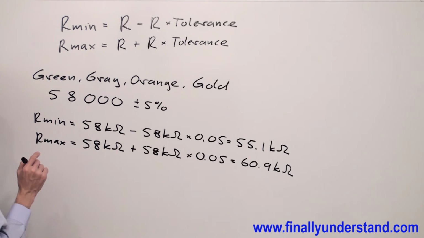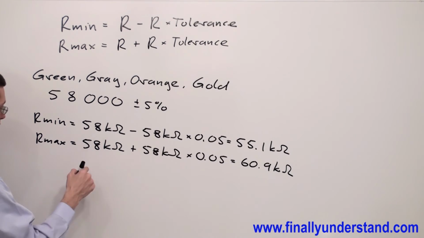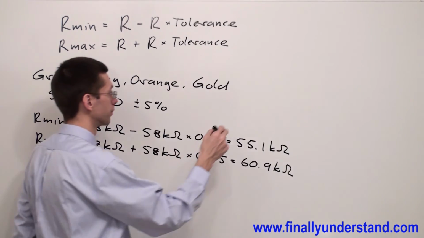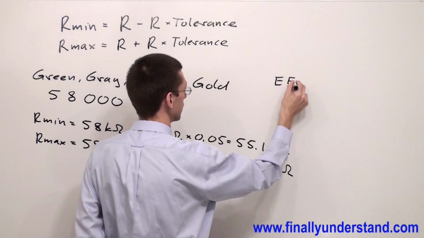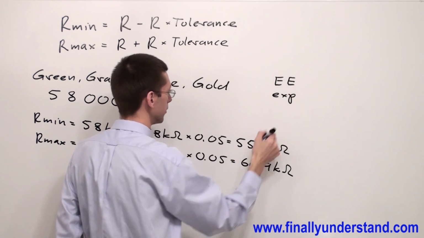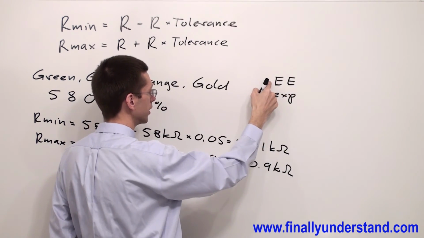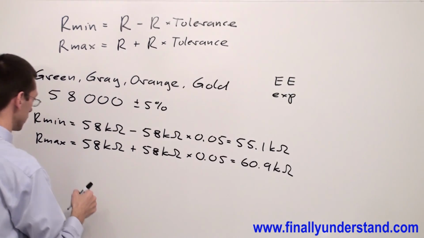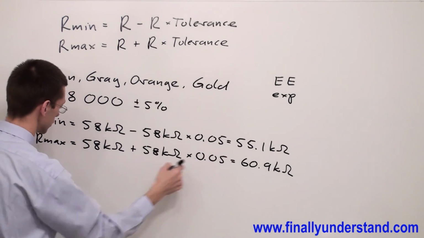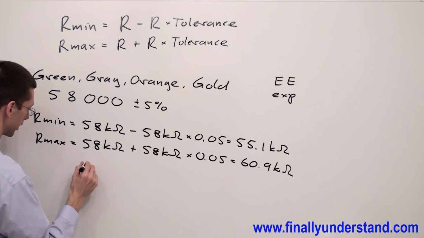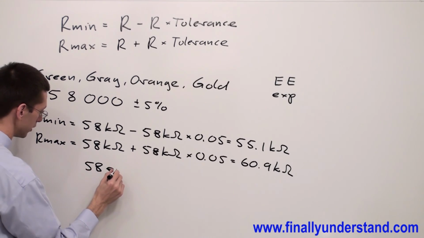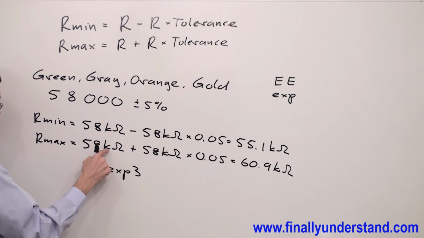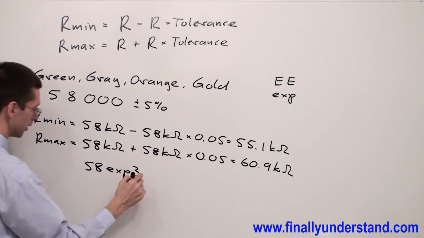Now, please keep in mind that we're supposed to use the calculator in order to make the calculations fast, and we are going to use the keys labeled EE or EXP. Some calculators have a key labeled EE, or some of them have an EXP key. So let's say if I want to enter this expression into the calculator, I'm supposed to simply type 58 EXP 3, because k represents the power of 10, 10 to the 3, so this is EXP 3, plus